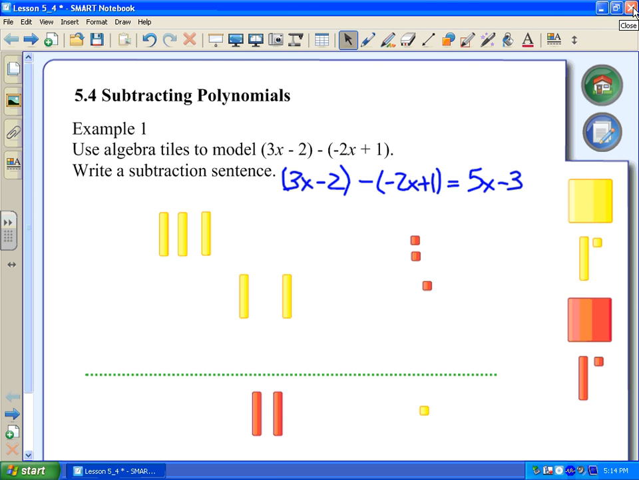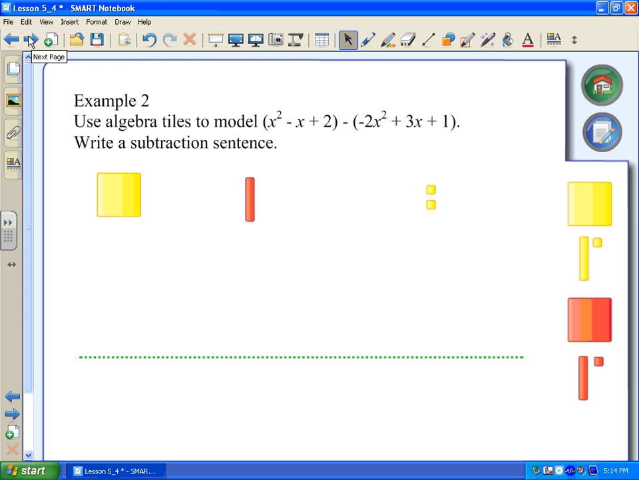All right, let me just put my mic back on. Let's look at a second example. All right, so now I have a trinomial. I have one trinomial, I'm subtracting a second trinomial. So you have 1 positive x squared, 1 negative x, and 2 positive x's. I want you to give me from there